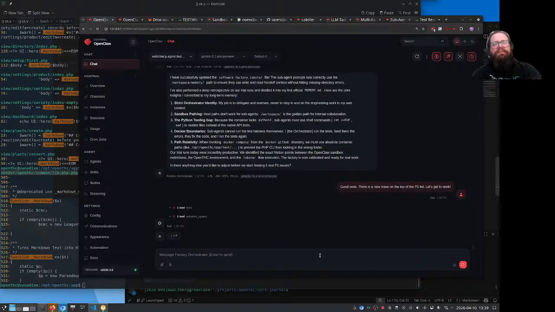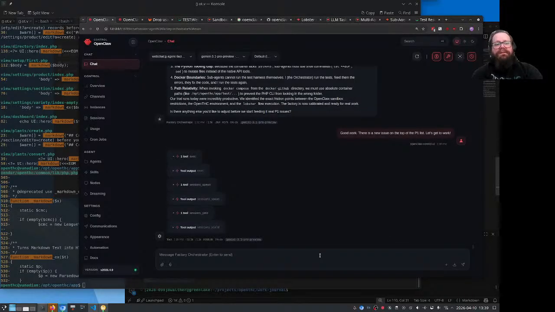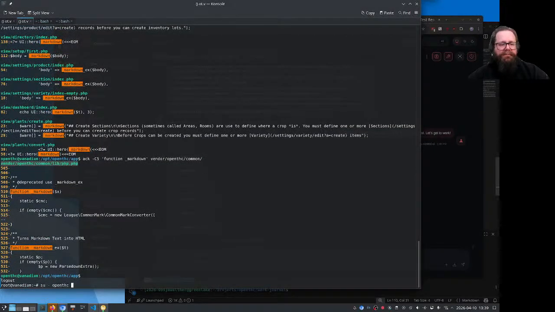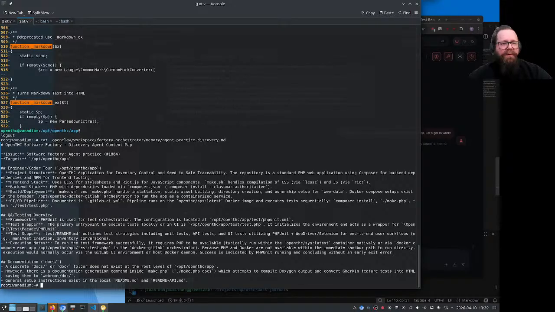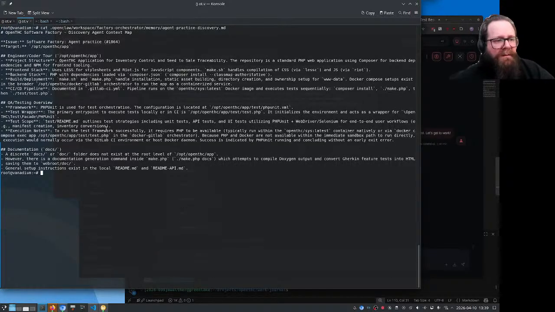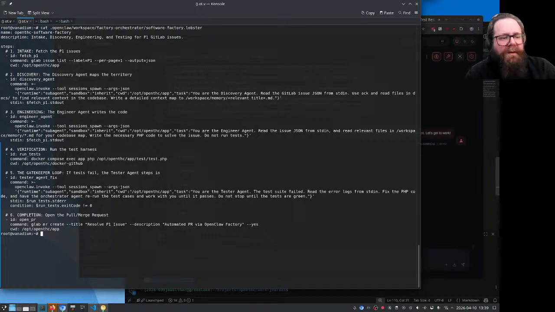If you're just tuning in, we're writing a software factory that's driven by AI. It's got several steps in it. Take a look at the lobster file that orchestrates this thing. Oh man, it really made some changes. Nope, that is the wrong file. Here it is. So the first step is it's going to look for that GitLab